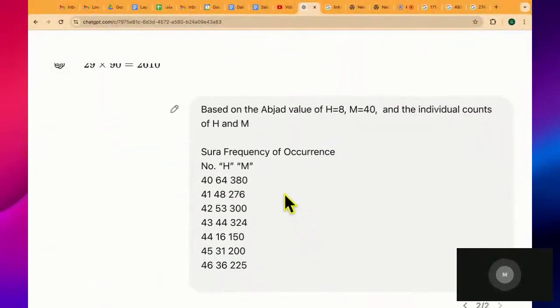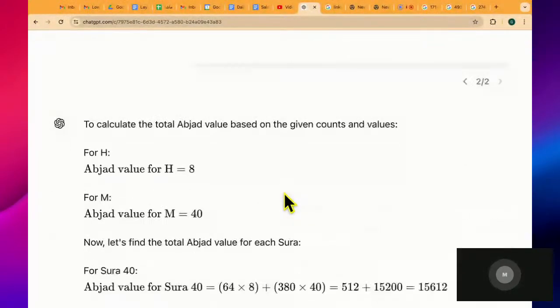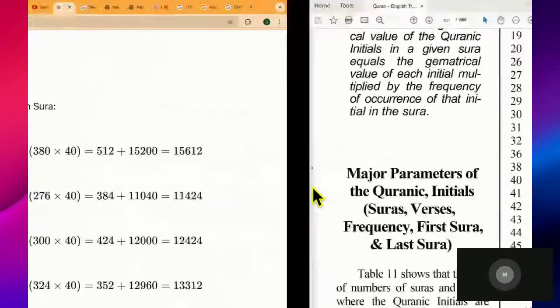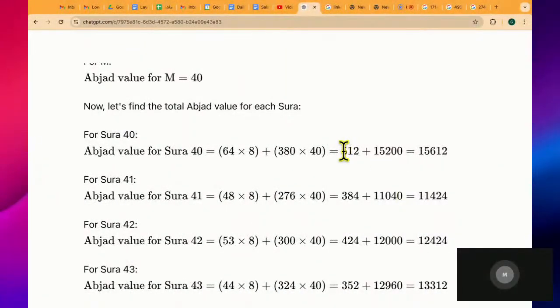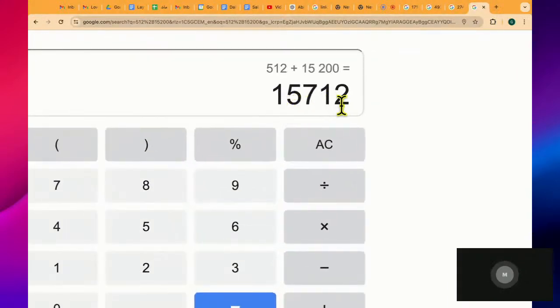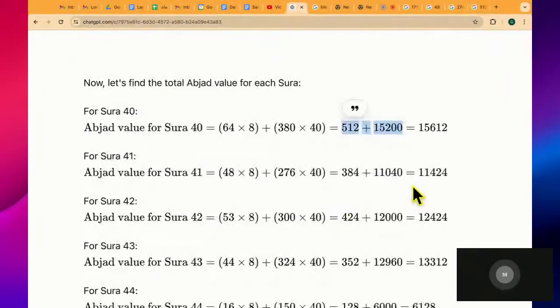Here I just copied all of it in ChatGPT and gave it the abjad value for Ha and Mim, and I wanted to see what it comes up with, and the abjad values for these surahs. This one was again wrong, so I don't know what's up with the calculations. Sometimes it gets it the wrong way. Obviously 512 plus 15,200 becomes 15,712, right? But it says 15,612, so it's very easy. I mean, you can just do it in your mind. 15,712, and then next one,